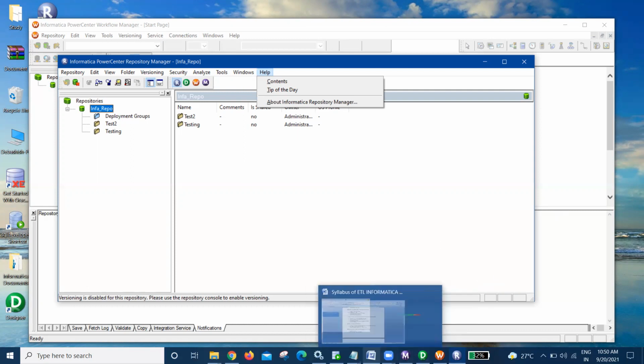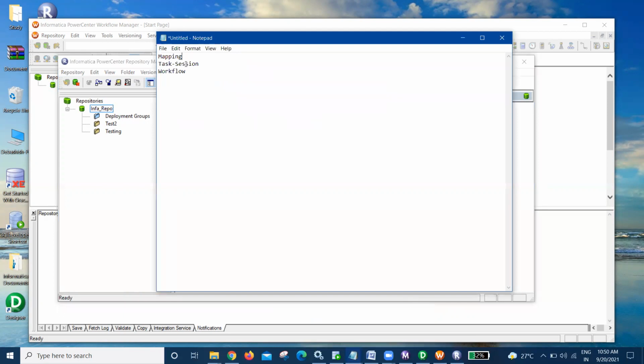Now let's go to another layer. When you say mapping, a mapping is basically logic that will transfer your data, modify your data, and write it into the target. There are a few components in the mapping that we call source, target, and transformations. We'll learn it at a hierarchy-based level, like how the mapping is designed, later. But this session is mostly an overview of the client tools. I'll go through each and every tool and show you how it looks.